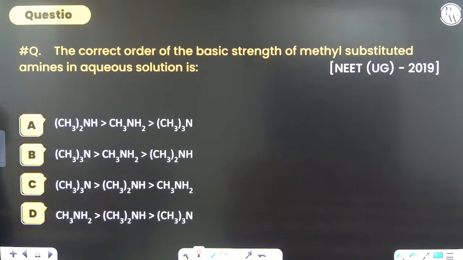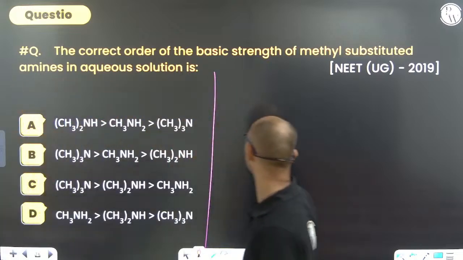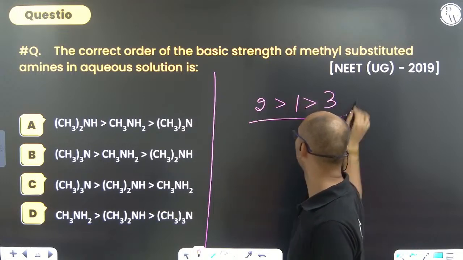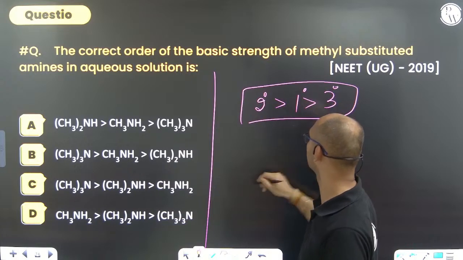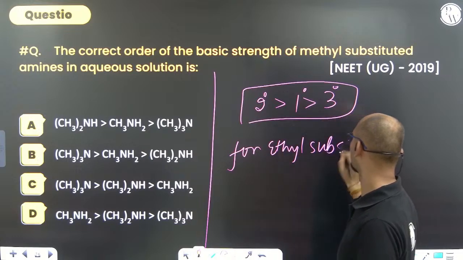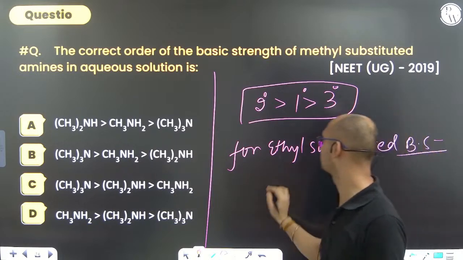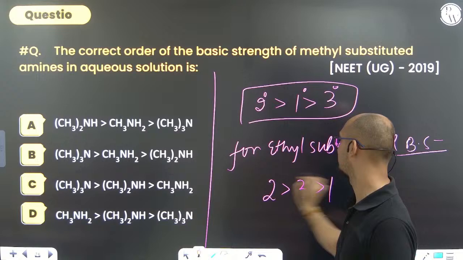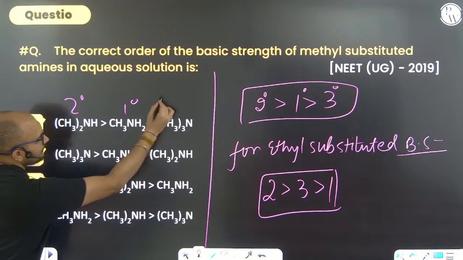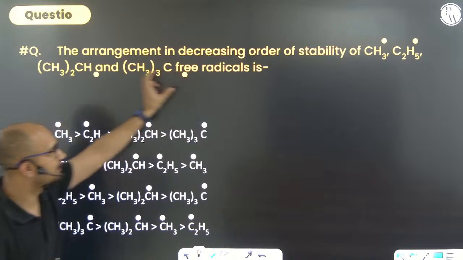next, the correct order of basic strength in methyl substituted amines in the aqueous solution, always remember if methyl substituted is there then 2 is more than 1 is more than 3, please remember 2 degree amine is more than 1 degree is more than 3। for ethyl substituted basic strength will be in aqueous solution 2 is more than 3 is more than 1, please remember, but here it is because it is methyl substituted, so 2 degree is more than 1 degree is more than 3 degree, so option 1 is the correct option।